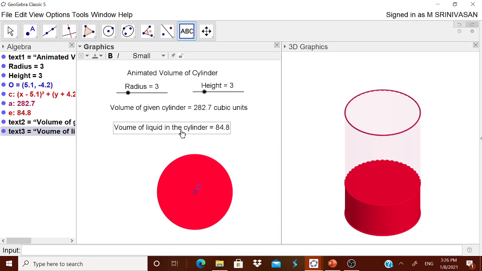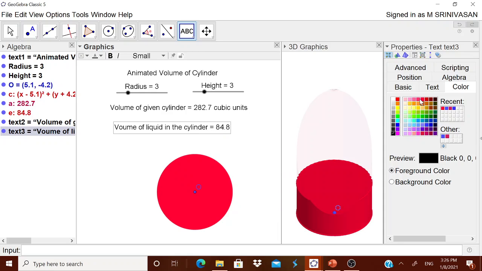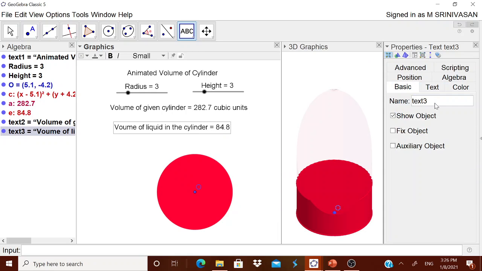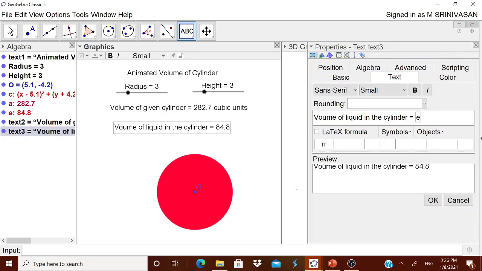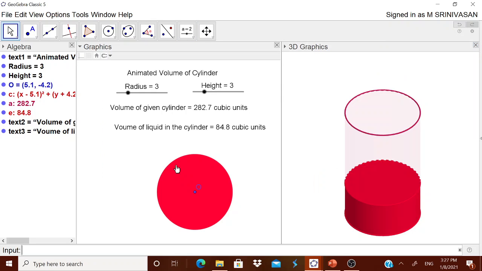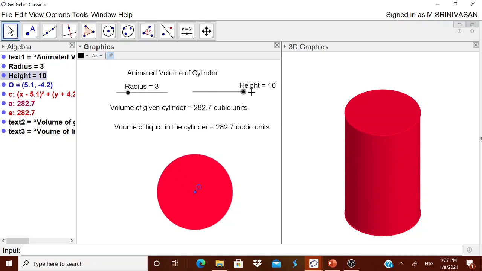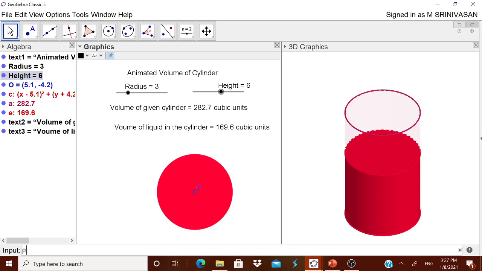Now you got both. Now this here also, I think for better understanding for the children, it is always better to give the units, therefore cubic units. Okay, I think we can keep okay and then we can proceed. Now you see whenever I am making this as 10, both of them are becoming equal. Now another very interesting thing what you can do is, we can relate the percentage, capital P is equal